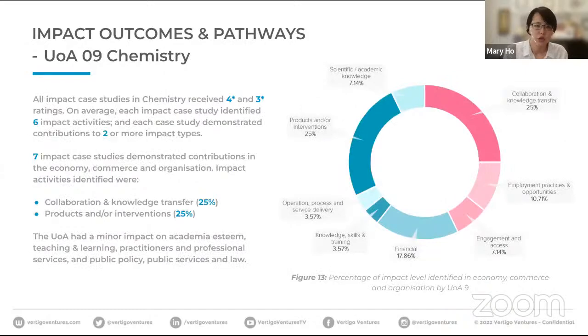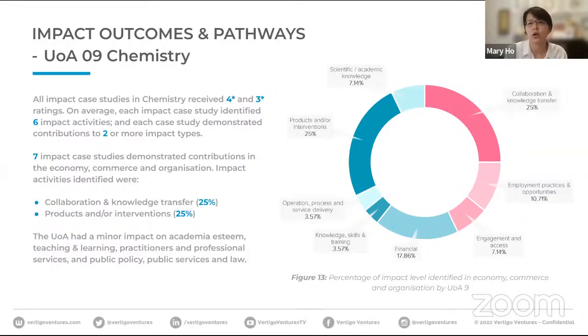Another interesting UOA that we want to share with you here today is the chemistry UOA 9. In total, 10 impact case studies were submitted from the local universities, and all 10 of them actually received a 4-star and 3-star rating in terms of their research impact. And I would say that UOA 9 for any university would be an exemplary UOA when you are, of course, looking into